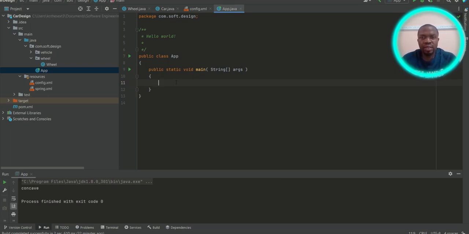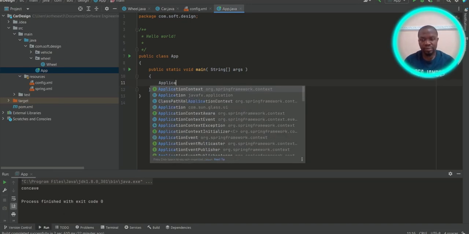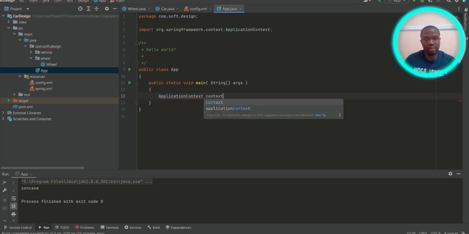The IOC container is in charge of the management of the life cycle of different beans. It means the instantiation, the configuration, and the binding of different bean objects. That's the role of the IOC container. Here we are going to use the class path XML configuration. So what we are going to do is say that the application context, which is our context, is equal to new